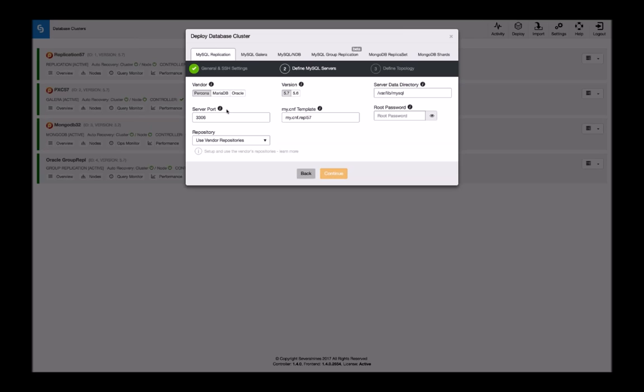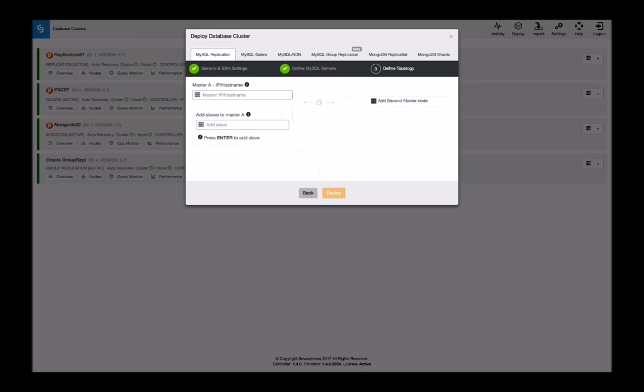So if you are deploying something new, I would recommend for MariaDB that you use 10.1, and for Percona and Oracle, that you are actually using the 5.7 series. We give it some kind of password for the root account, and then we are able to define our